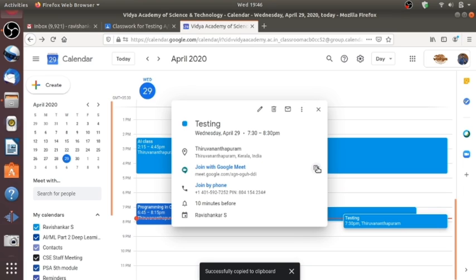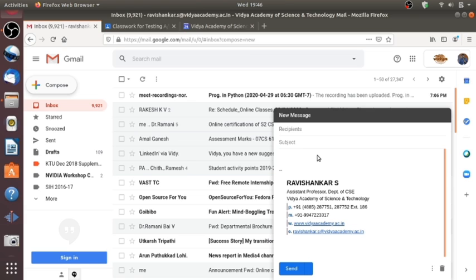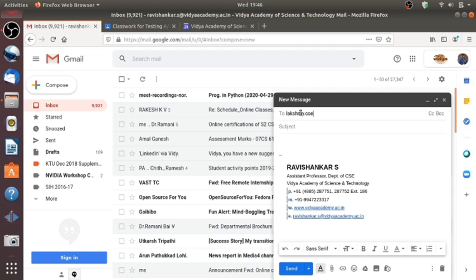You simply have to specify the mail ID there. Otherwise, copy the event information just like what I am doing there. Then open your mail ID, open the Gmail application, then mail to the specific set of students or your class group.